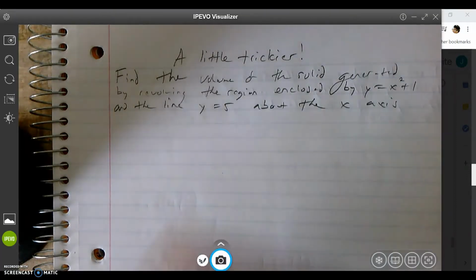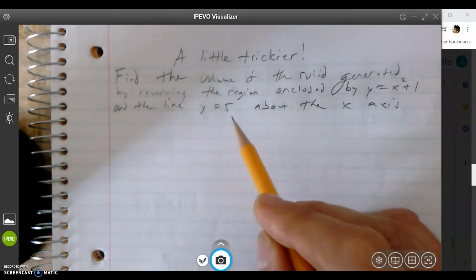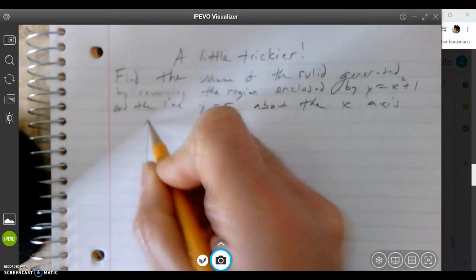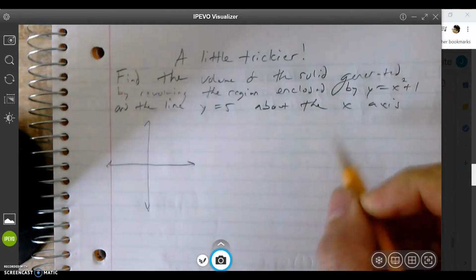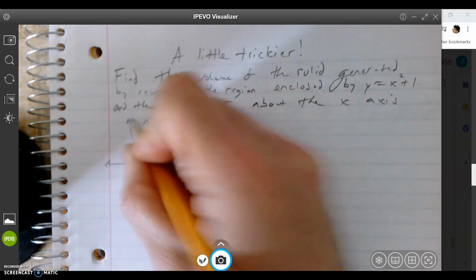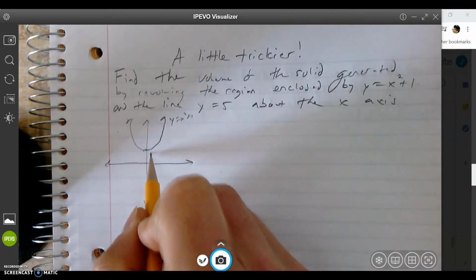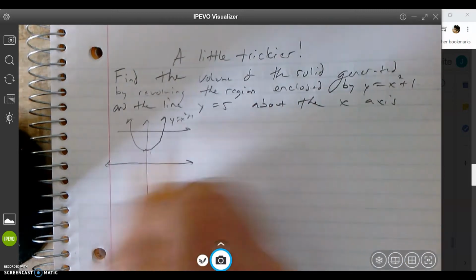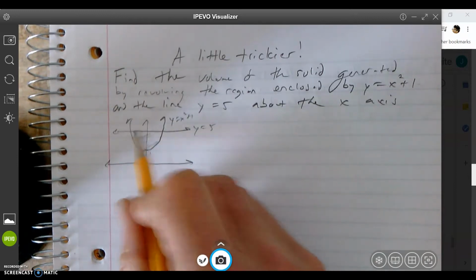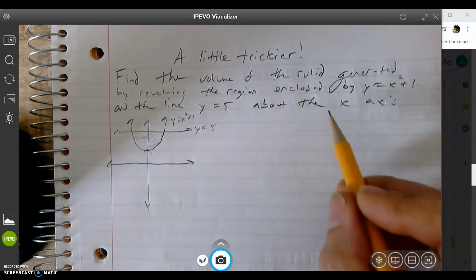Same problem. So it says find the volume of the solid generated by revolving the region enclosed by y equals x squared plus 1 and the line y equals 5 about the x-axis. All right, first things first, we need a picture. So y equals x squared plus 1, that starts on 1 and it's a parabola opening up. Y equals 5. This is 1 right here. This is going to be 5. So before we were rotating this around the line y equals 5. But now we're rotating about the